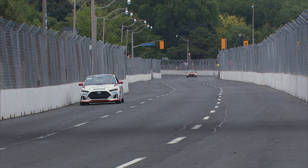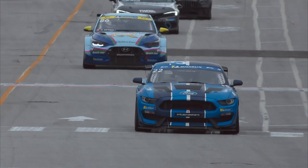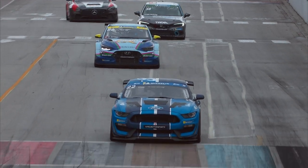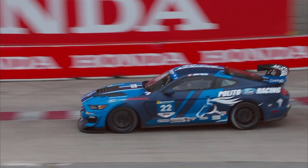They did have some issues yesterday during qualifying. They thought they had them resolved, but obviously something has reared up once again and is affecting the drive on that 88 car. There's a look at your overall race leader, currently leader in the GT4 class, and Jack Polito